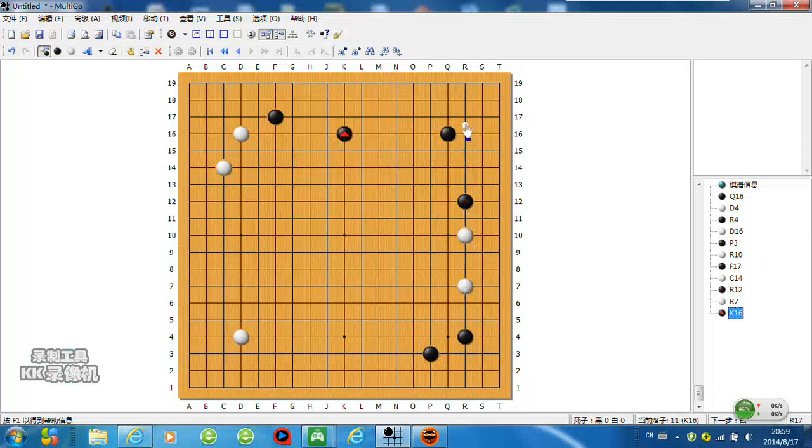Last time I introduced this move and this move, and I also showed you the variations that both move black can have very good result. So today let's discuss about this move. Since white cannot approach here, the easiest idea we come up with is to